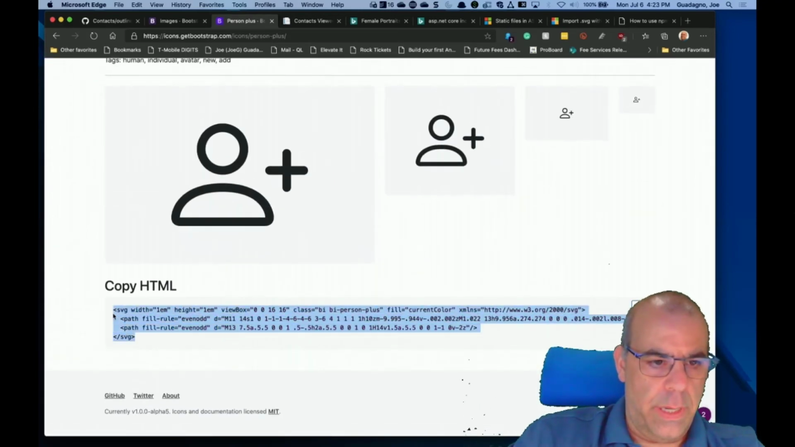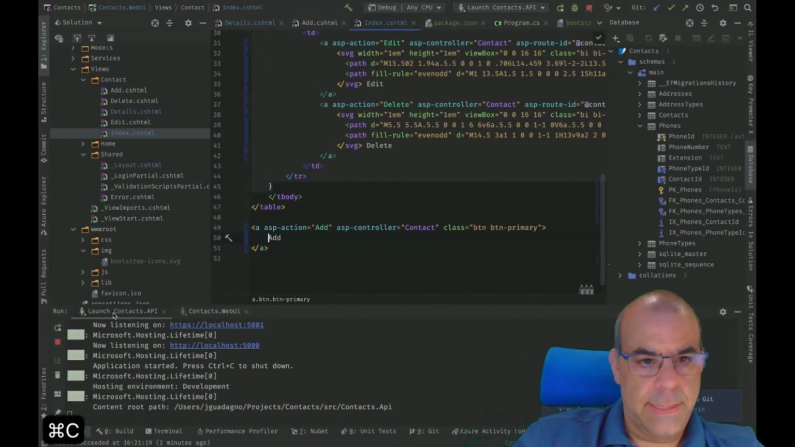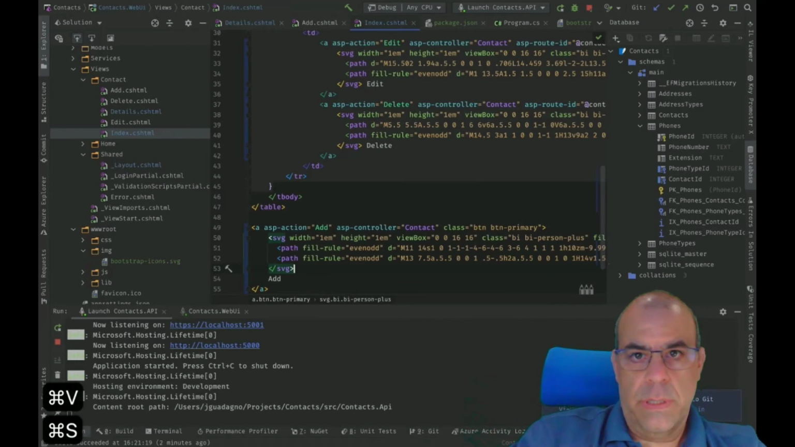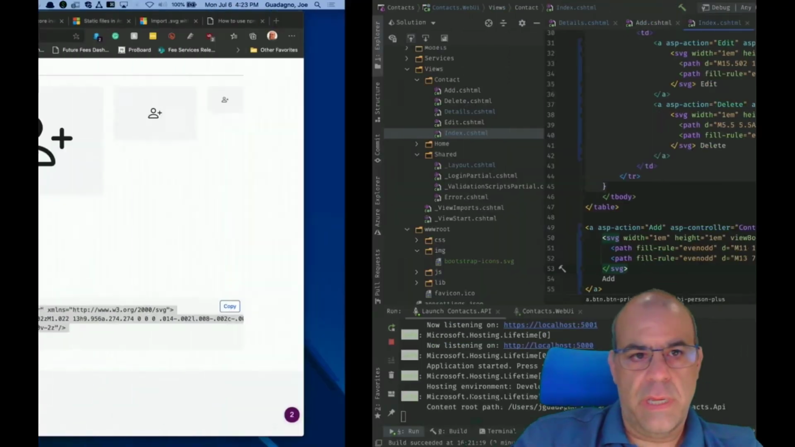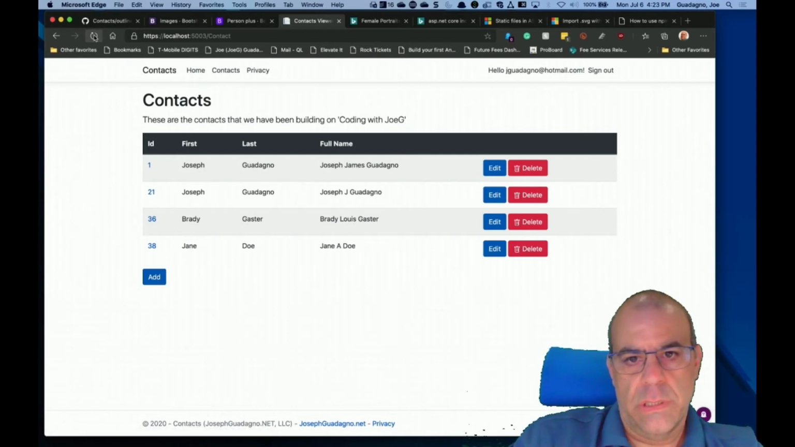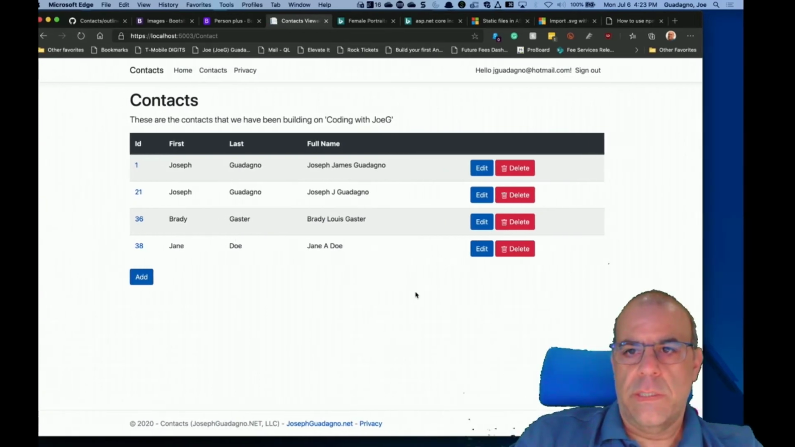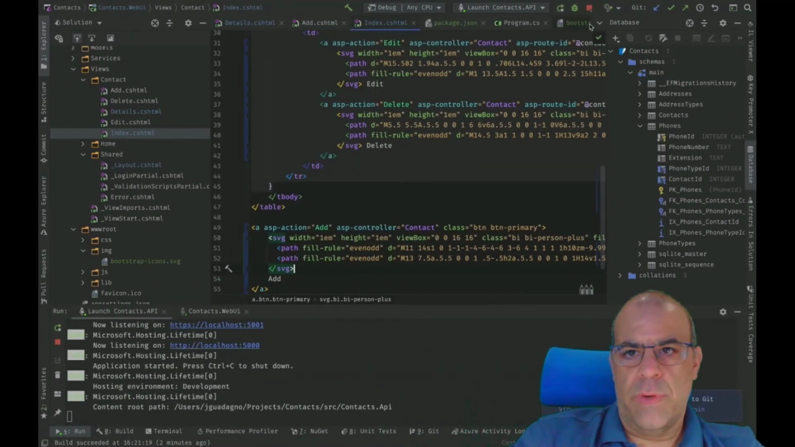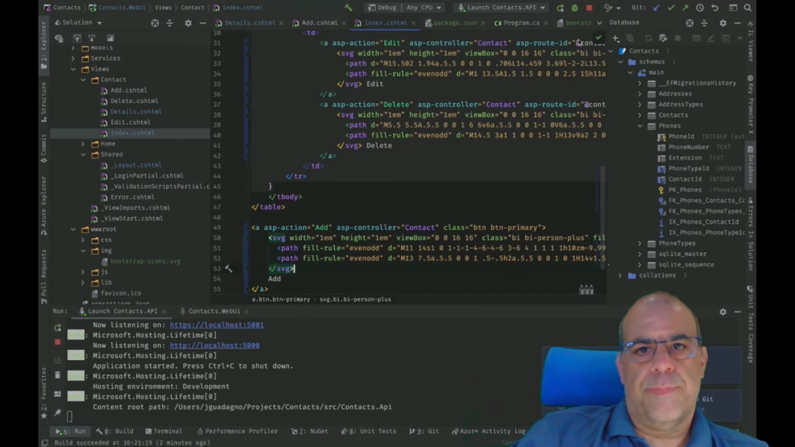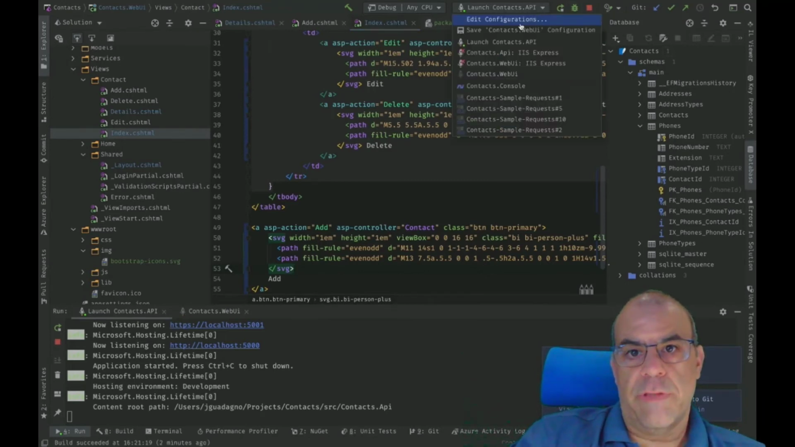And we can copy that text. Paste it here. Hit save. I don't think I can hit refresh on this. Gotta recompile it. So now if we stop the web app and then restart the web app,